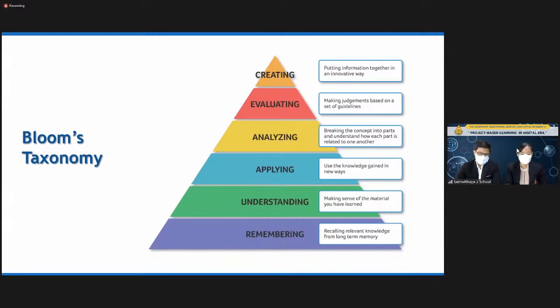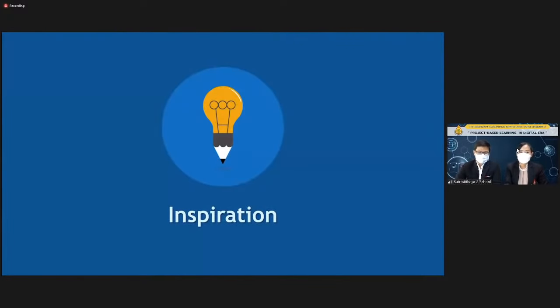Project-based learning is a learning management that focuses on the learner as important, because learners have to practice various skills on their own at every step of study. The teacher is the organizer of the learning experience. Okay, next, let me tell you about our inspiration to teach project-based learning. Number 1,